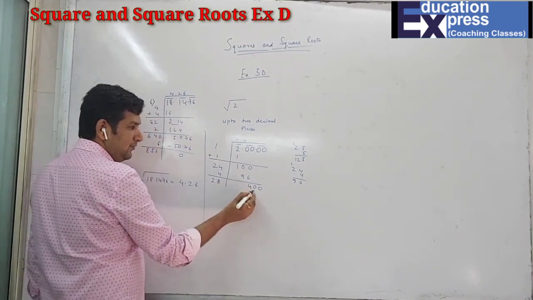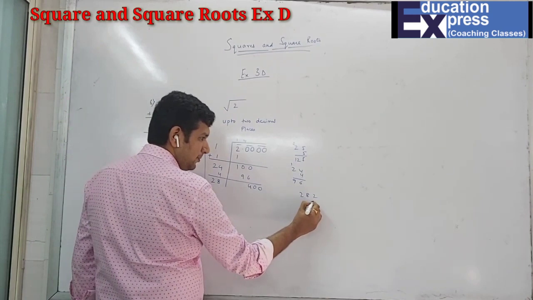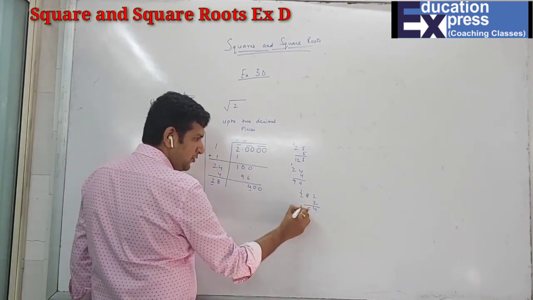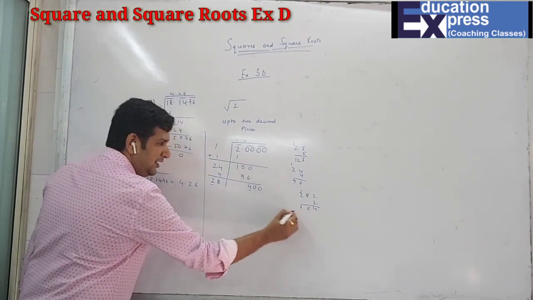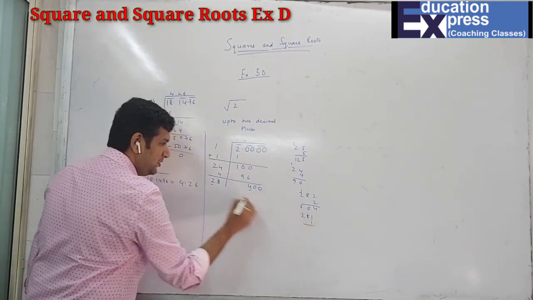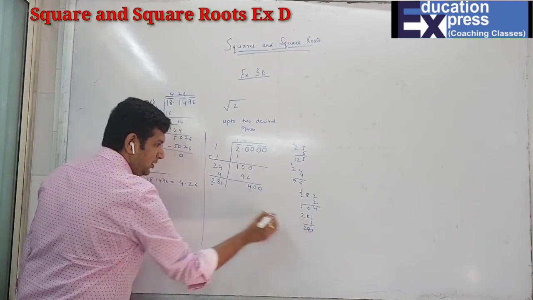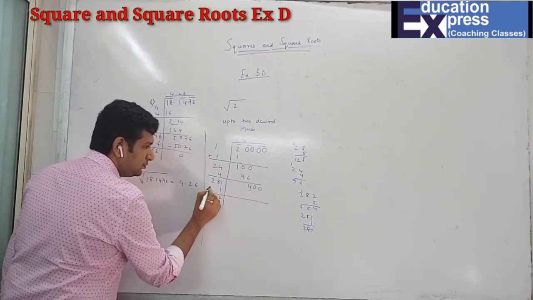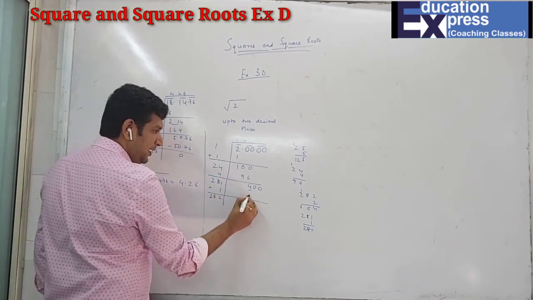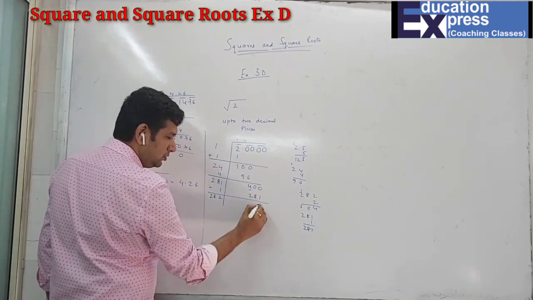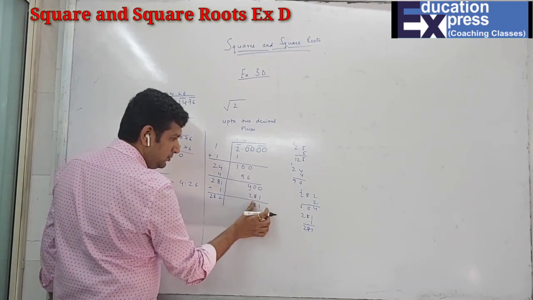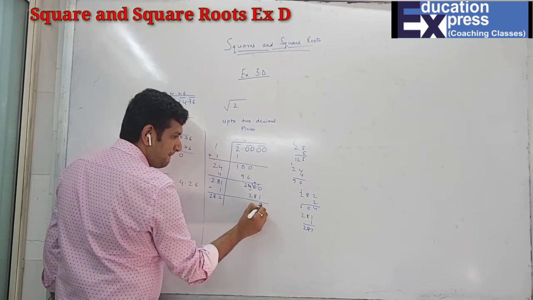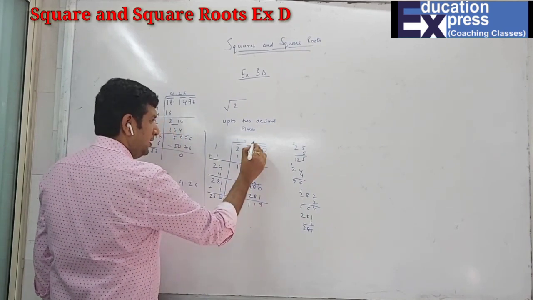Again 2 2s are. So I will try with 2. 2 and 2 2s are 4. The 2 2s are 4, 2 8s are 16, 1, 2 2s are 4, 5, it's bigger. So obviously if it's not that, it will be 1 only. So 281 1s are 281 only. So plus 1, 2, 8, 2 and here will be 2 8. The answer is 1 8. Sorry. So 1 4 and here it was 1.